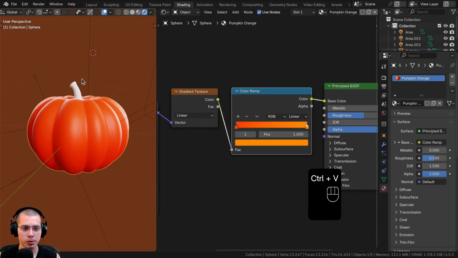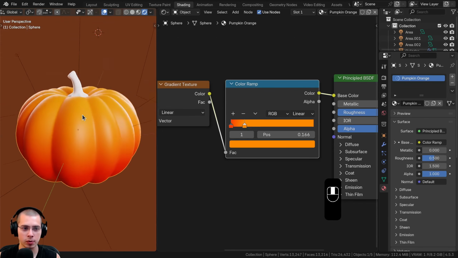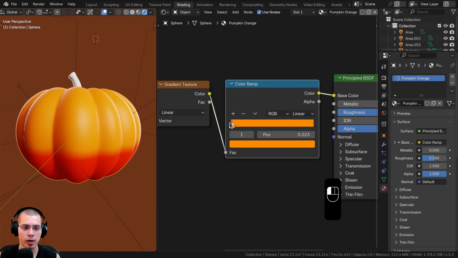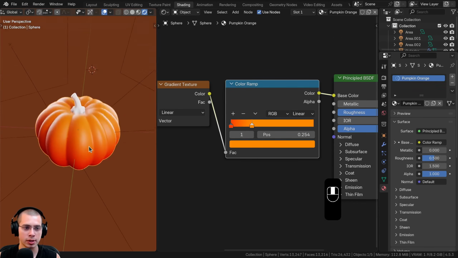Now you can see it mostly just looks red, and I want to see more of the kind of light orangey color. So if I click and drag this over, you can see as I drag it closer, there's going to be more of that color. If I drag it way over, it's going to be really sharp. And if I turn it down, it's going to be a bit more soft. So there's kind of like that nice gradient. So I'm just going to go with something like that. So it's a bit more red there, and then a bit more kind of orangey on the top,